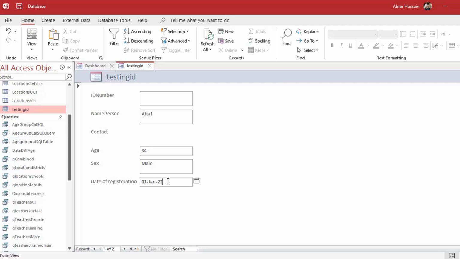When I press tab, there you see 220101, and you see the name of the person. So that auto ID has been created. Now if you want an underscore or a dash or whatever you want here,